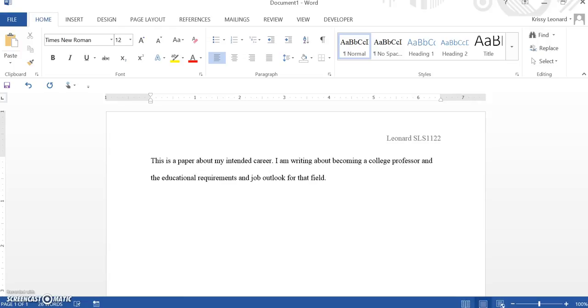So as you can see, as I was typing, it automatically double spaced for me, and it is in Times New Roman 12-point font. But we all know that when you start a new paragraph, it should be indented. So what I need to do is click at the beginning of the paragraph, and this is where, remember, we set our tab, made sure it was at 0.5, which is half an inch. All I have to do is hit the Tab button and it indents my paragraph for me. So I can keep typing.